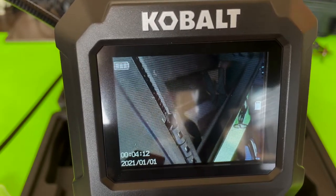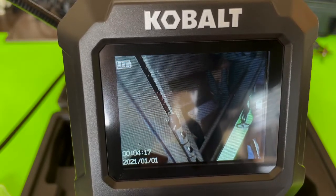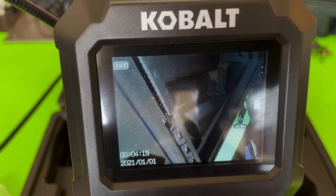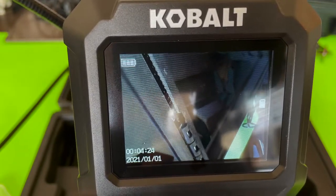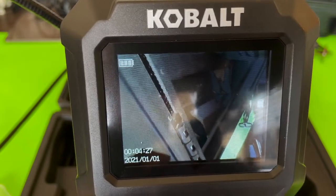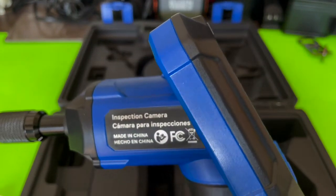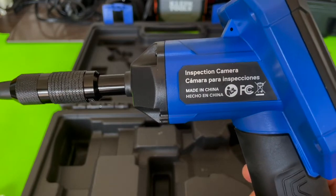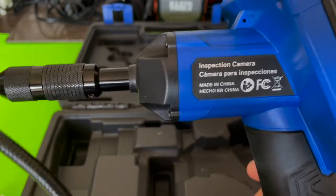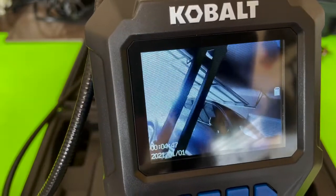So we actually used my other scope, which connected to this phone. I ended up selling it to my coworker, and so I could actually get this one. So I do like the fact that this is a simple, easy thing to use, and it also has its own screen, which for me was a plus because I typically, here's